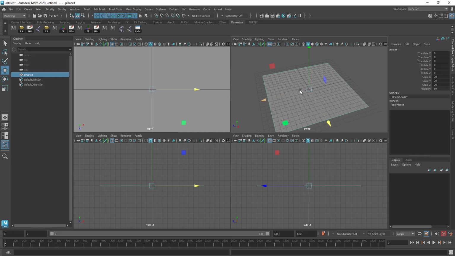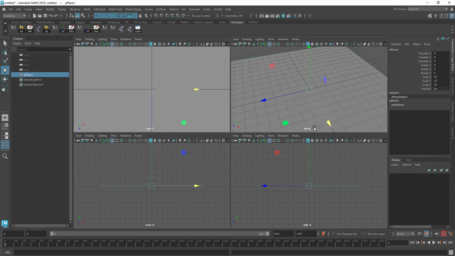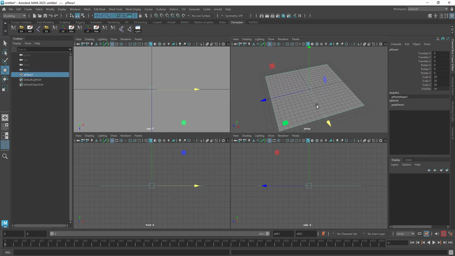Alternatively, if you hold the Alt key and you hold the right mouse button down, this is if you don't have a mouse wheel, you can zoom in and out this way. So Alt and right mouse button. And then the next thing you want to do is, say we want to pan, which is this camera that